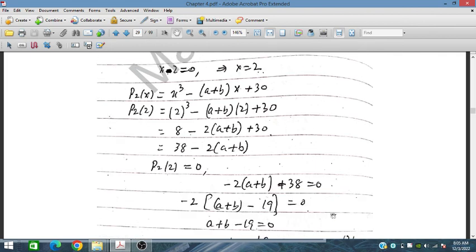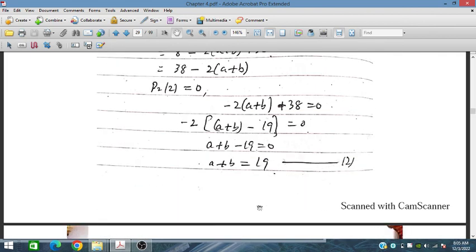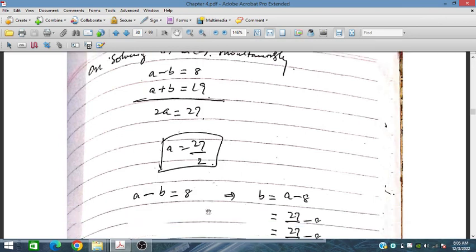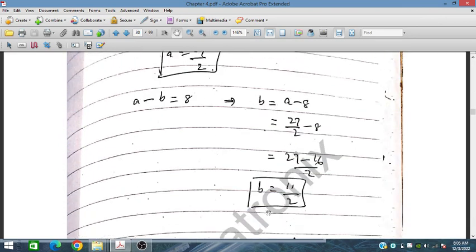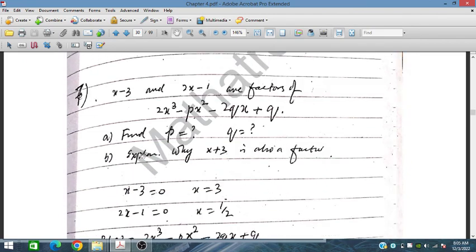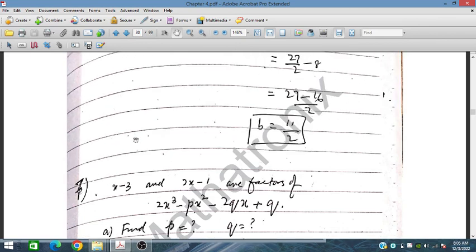This is the first equation, now we'll solve these simultaneously to obtain the values of a and b. So a minus b and a plus b is this. So a is equal to this one and b is equal to this one. So this is important, and this is very important. Now we solve problem number 7 and onward in